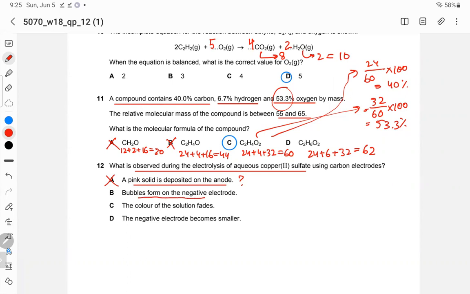Bubbles form on the negative electrode. Is this statement correct? No, sir. Pink deposit is seen on the negative electrode. The color of the solution fades. Is this correct? Yes, sir. Yes, it is correct